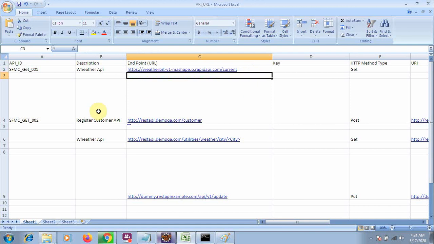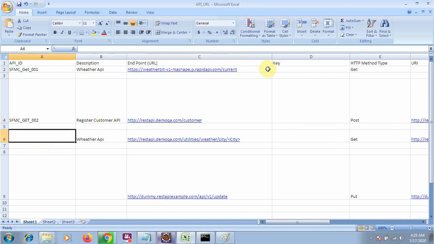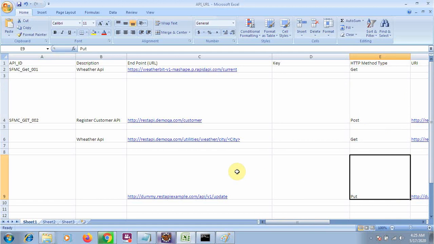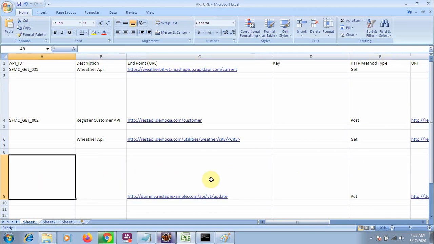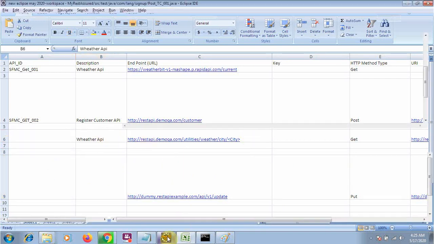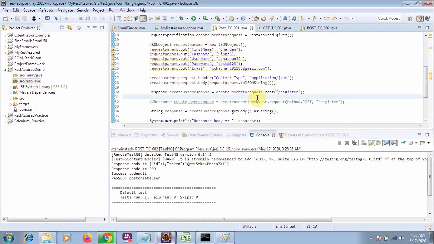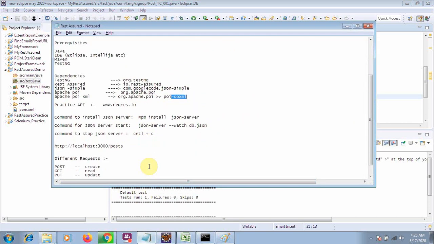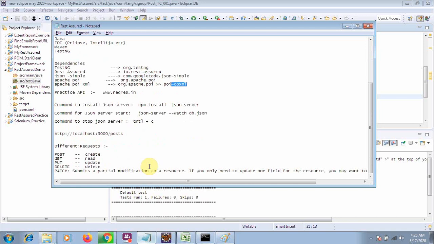In the next class I will tell you how we will be passing the different requests like GET, POST, PUT, PATCH, DELETE. We will perform the operation of all the requests, and after that I will let you know how to automate the actual APIs in the organization. So that's enough for today. I am assuming you will configure all the setup part or the basic part on your machine, so that from the next class we will just start the actual coding. We will create the class, call the GET request, and validate the response. All these things we will do from the next class.